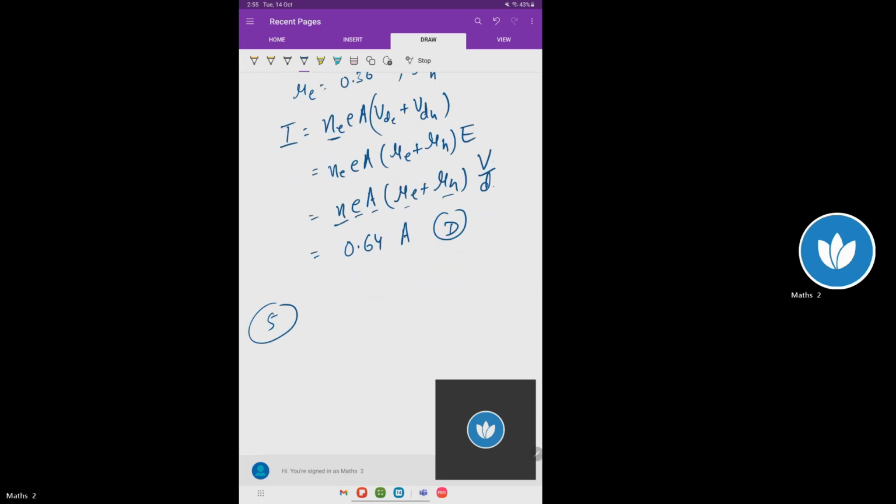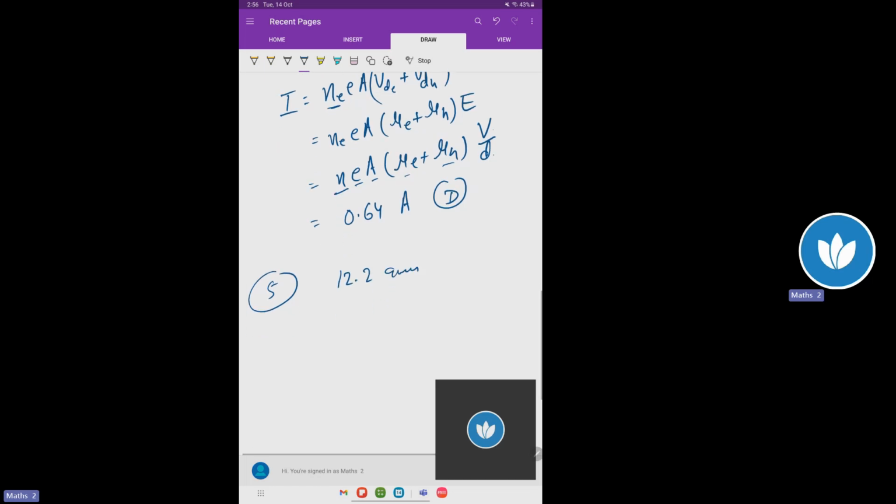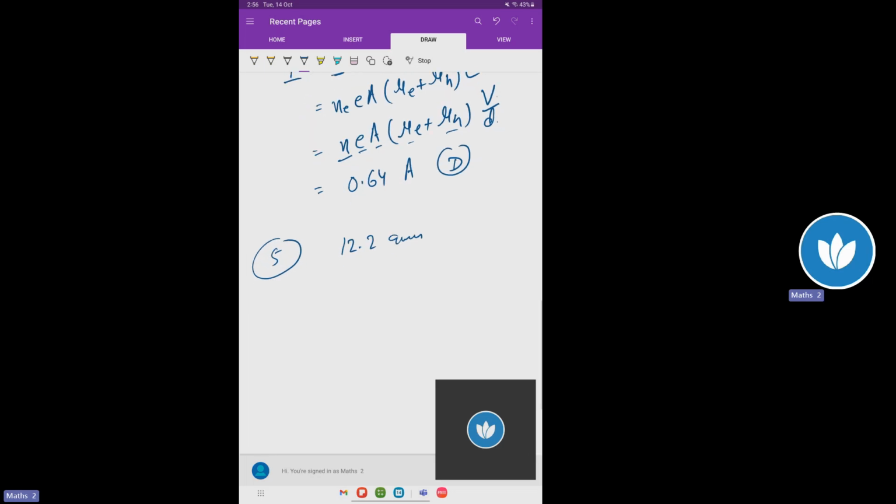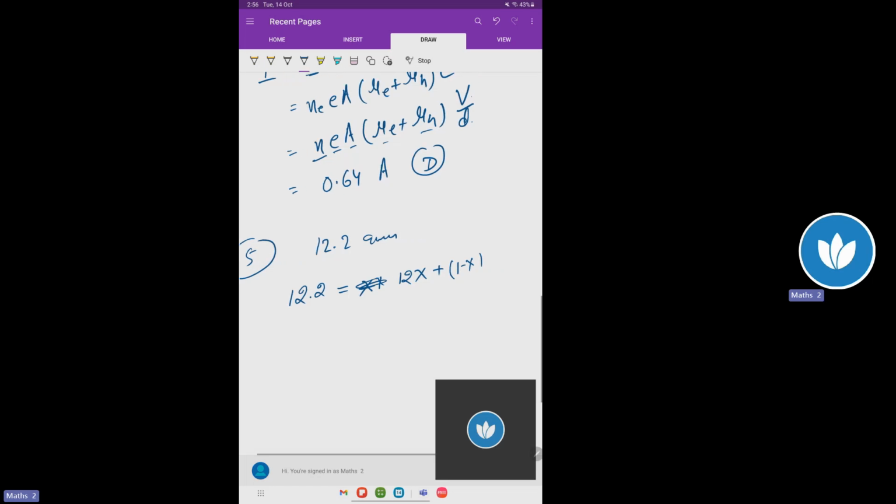Question number 5. The atomic weight of carbon from a sample is obtained as 12.2 AMU, assuming isotopes C12 and C14 to be present. The ratio of C12 and C14. So total mass 12.2 is equal to fraction of C12 times 12 plus fraction of C14 times 14. Assume fraction of C12 is x and fraction of C14 is 1 minus x. Total is 1, so remaining fraction is 1 minus x into 14. So we will get